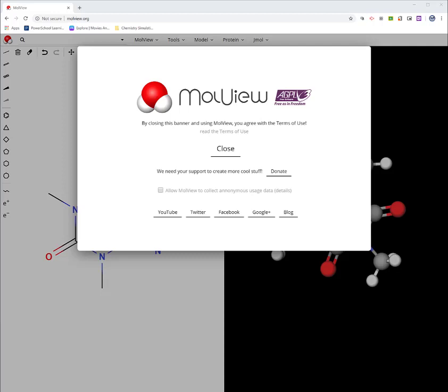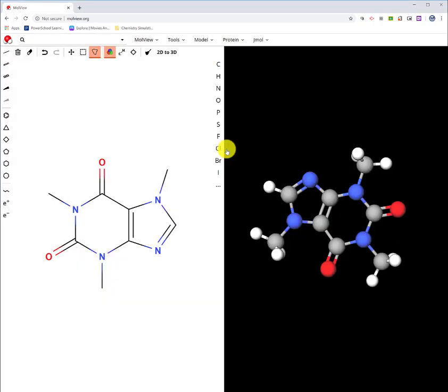All right, folks, so here's a quick tutorial on how to use MolView. So first thing, when you log into the page, molview.org, you will notice that there is this statement. Basically, what this is to let you know, hey, don't steal their code in order to build this someplace else. So what I'm going to have you do is go ahead and click on Close, and you will notice that